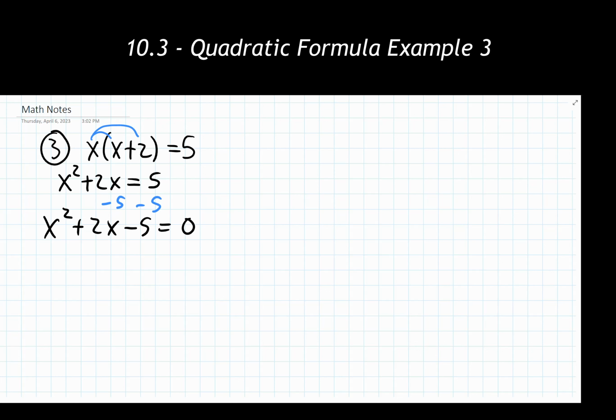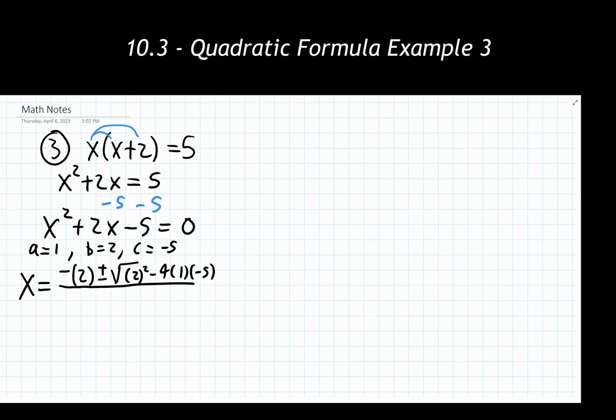Now that I have this thing written in standard form, I can identify my a, b, and c values and then plug that into the quadratic formula. So identify that my a value is 1, my b value is 2, my c value is -5. And I can plug this thing into my quadratic formula. I highly recommend that if you are going through this, make sure you are taking this one line here to write out everything being substituted in inside of a set of parentheses. I'll finish off that radical here in a second. Okay, so we have everything plugged in now.